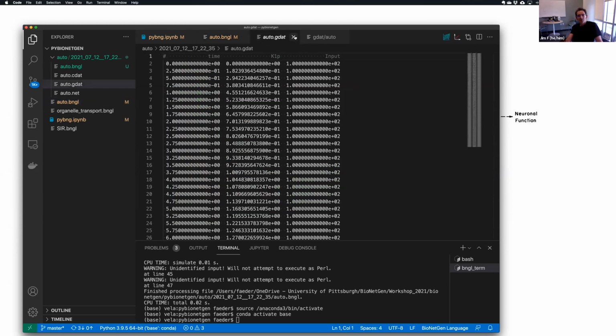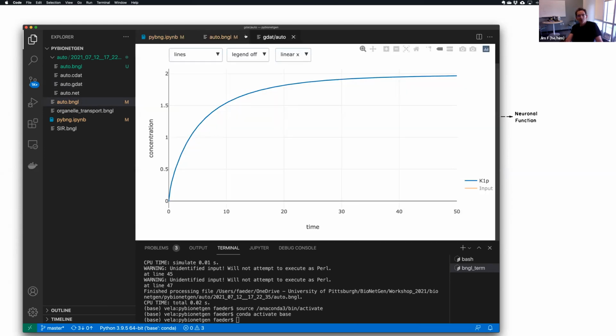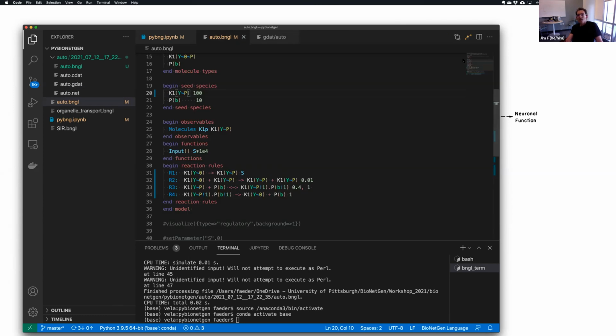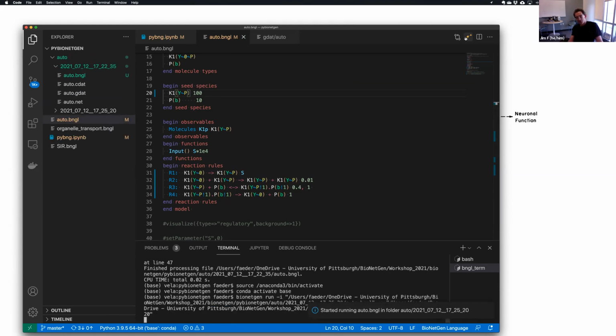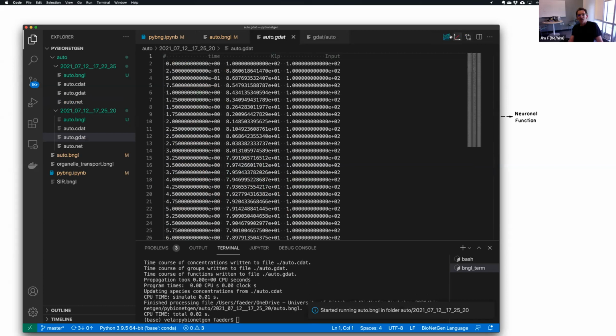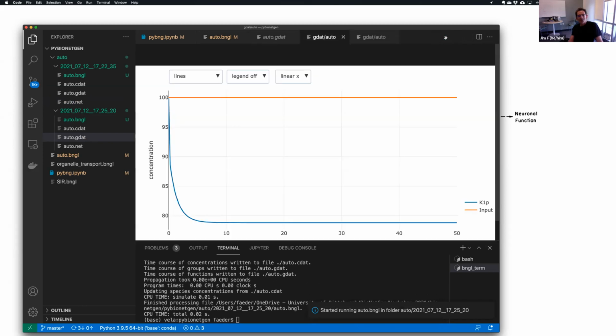So remember, we have the steady state of low activity here. Now, if we run it, under normal situations the steady state wouldn't depend on the initial conditions. We have exactly the same network with the same parameters, but here we start with all the kinases phosphorylated, and what we can see when we plot this is that